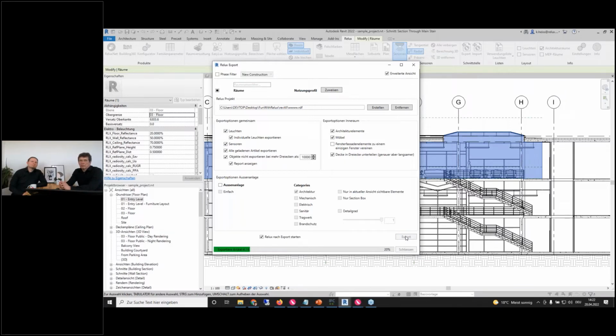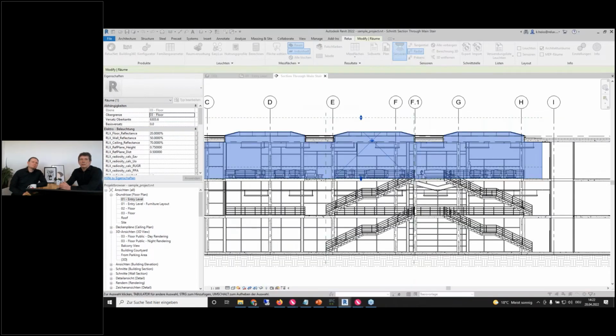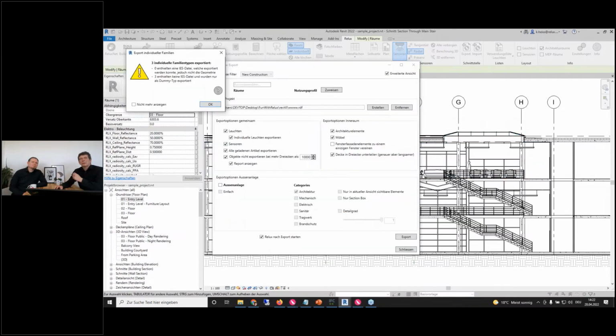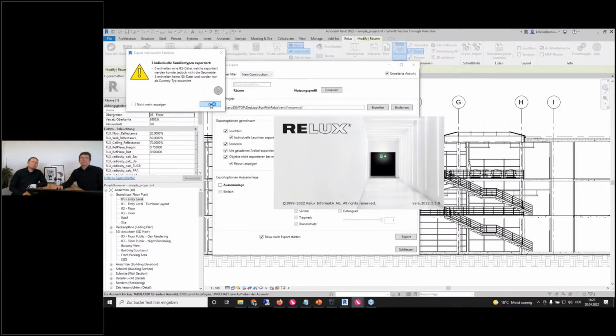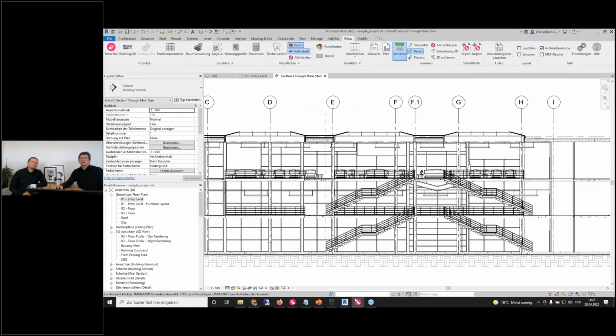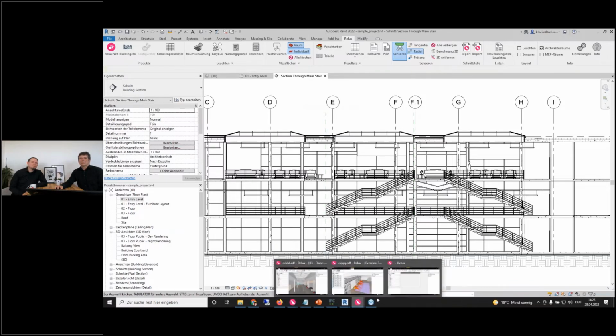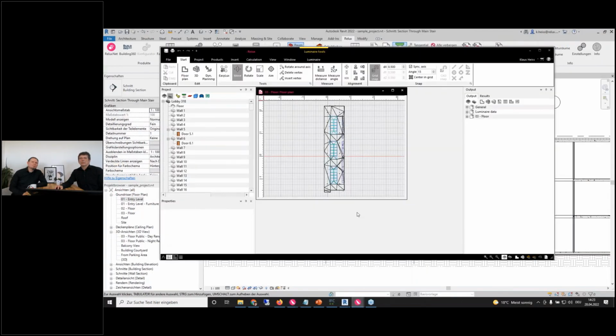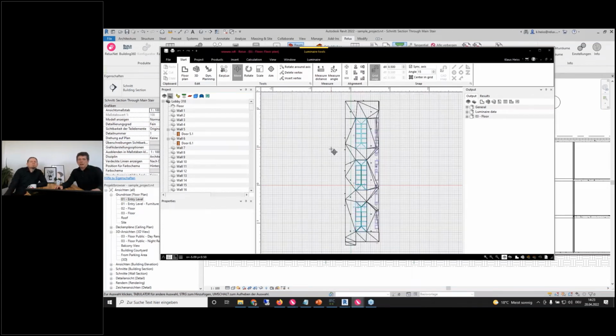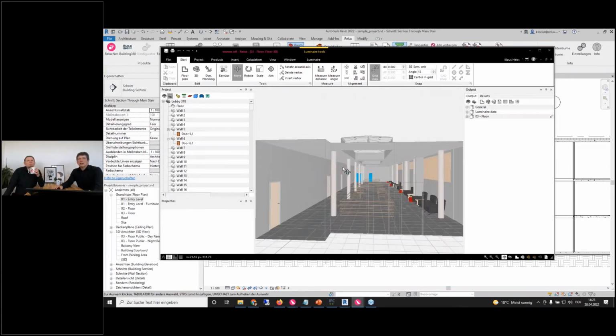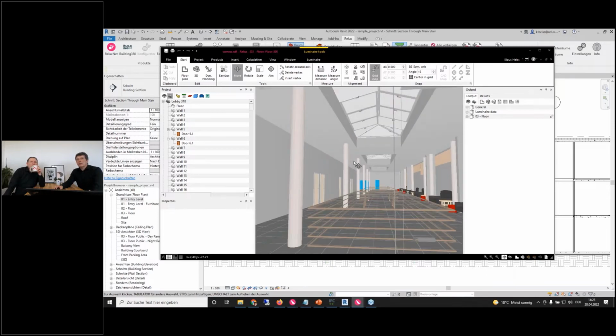This also takes a short time, mostly because of the luminaires which are inside of this project. And the more complex the room, the longer it takes. And then we will have in RELUX, one second, please. Now, here we are inside of RELUX Desktop, and you will see now that we have imported